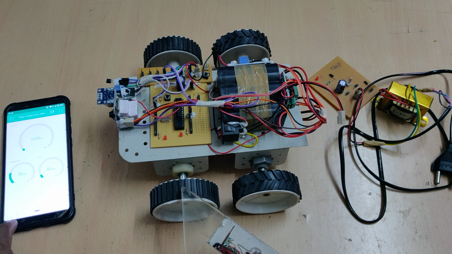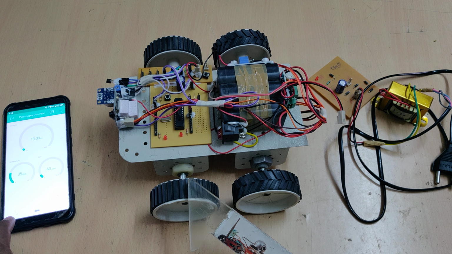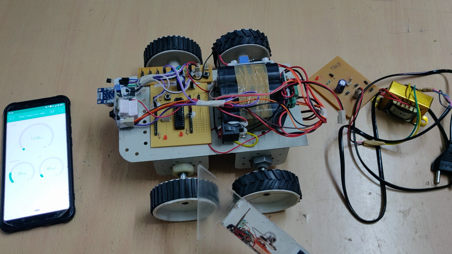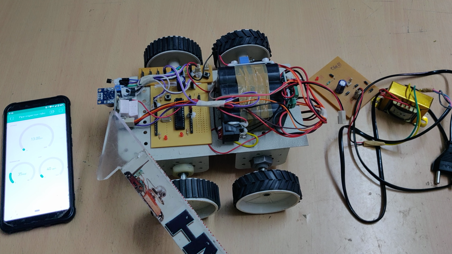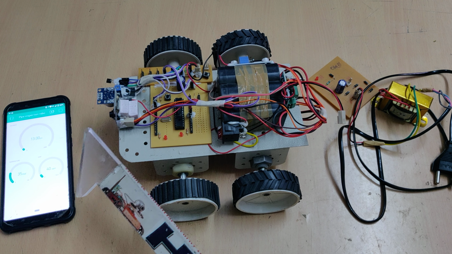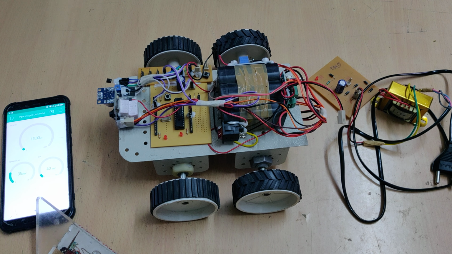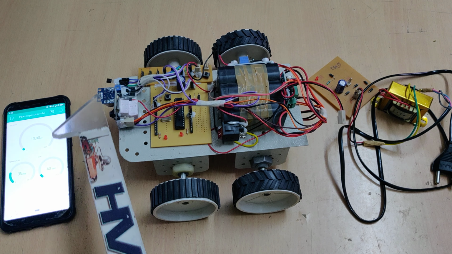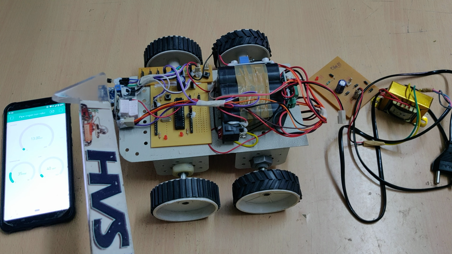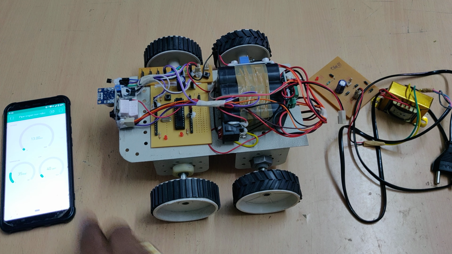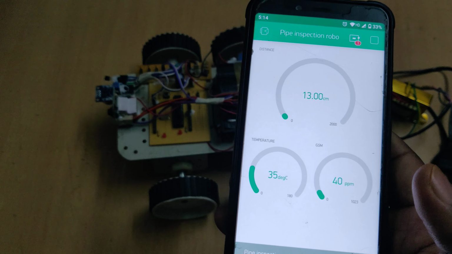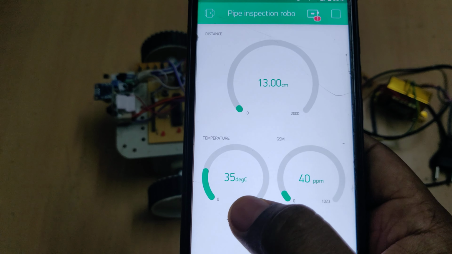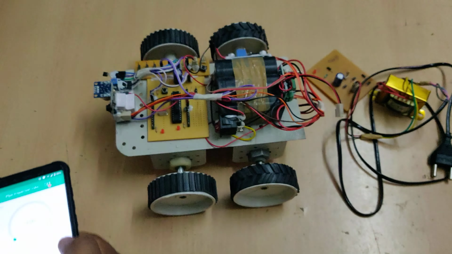This robot travels in a horizontal pipe only, so it will take left and right directions also. This has the ESP32 camera, so from here we can control the robot direction as well as the headlight, and we can see the visualizations on your Chrome app. And these two sensors' data, the gas and LM35, along with the distance, can be seen on your Blynk application. So this can be accessed from anywhere in the world. So how much the robot has traveled, the temperature in degrees centigrade, and gas in terms of ppm,